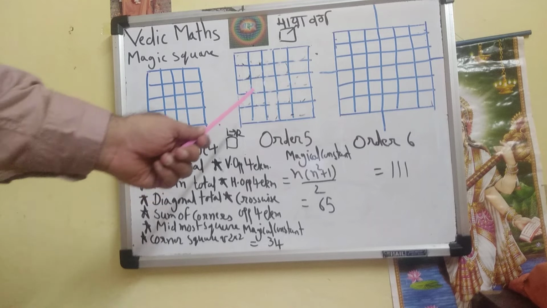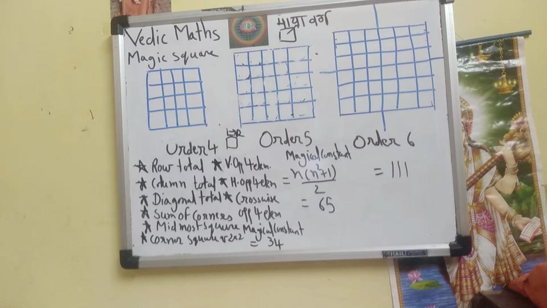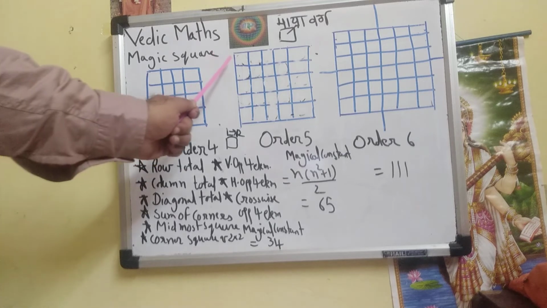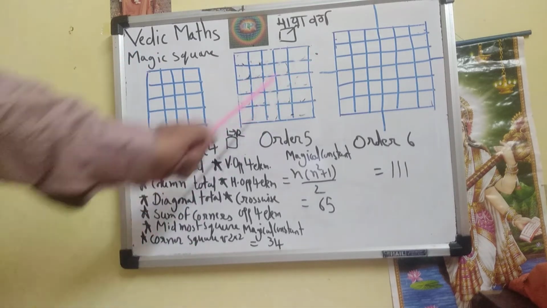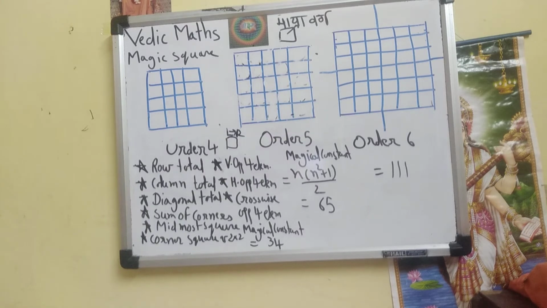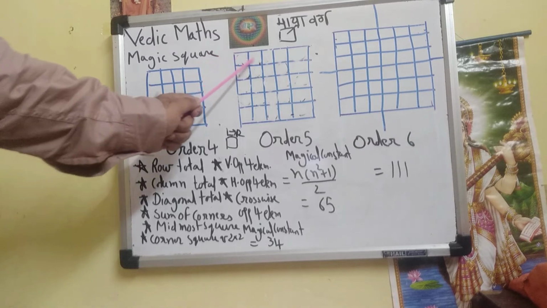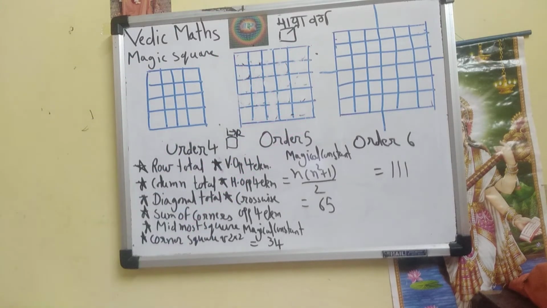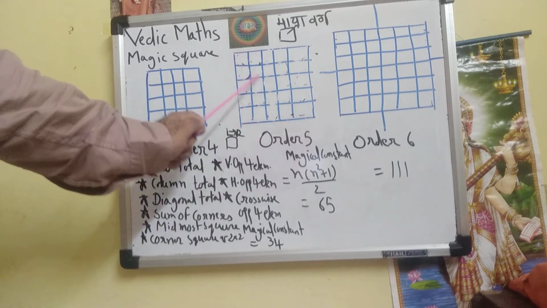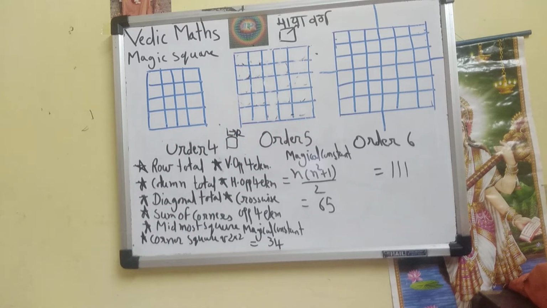Here is a square grid having 5 rows and 5 columns. This horizontal line is known as a row and the vertical line is called a column. We have to fill distinct positive numbers from 1 to 25 in such a way that the sum of each row, the sum of every column and the sum of any diagonal should always be the same, and that sum is known as the magical constant. We start with a 5th order magic square.